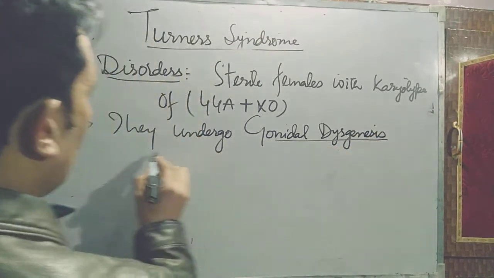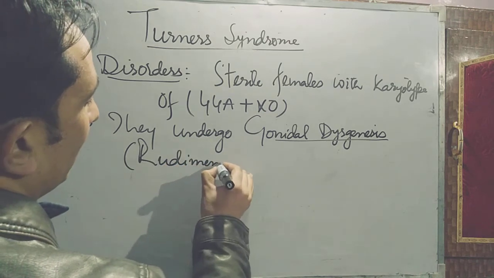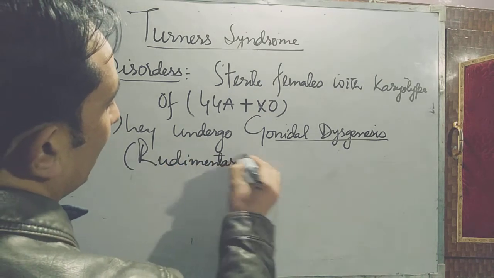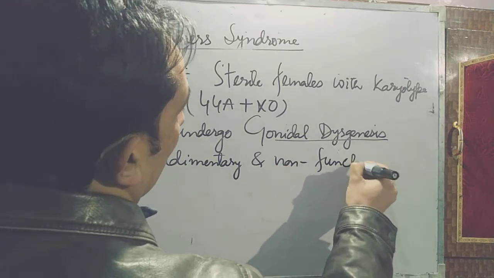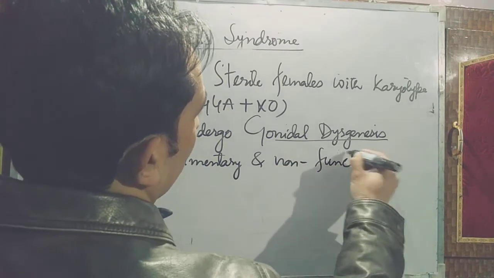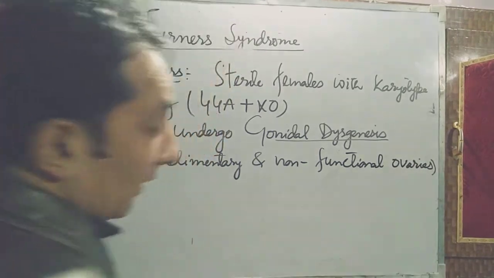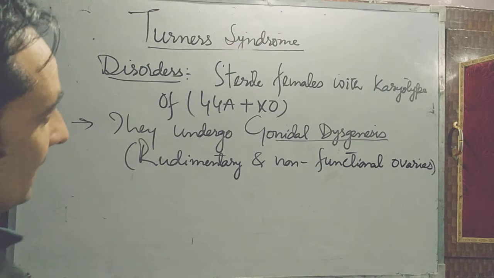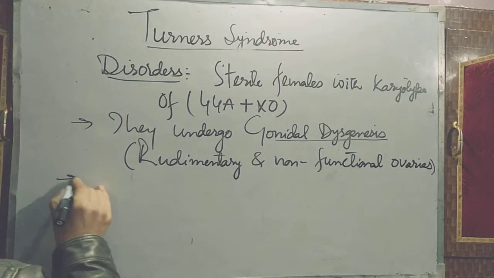That is, they have rudimentary and non-functional ovaries. The ovaries in these females are very rudimentary and they are non-functional. That is, we say they have undergone gonadal dysgenesis. Is it okay? The third point is that they have